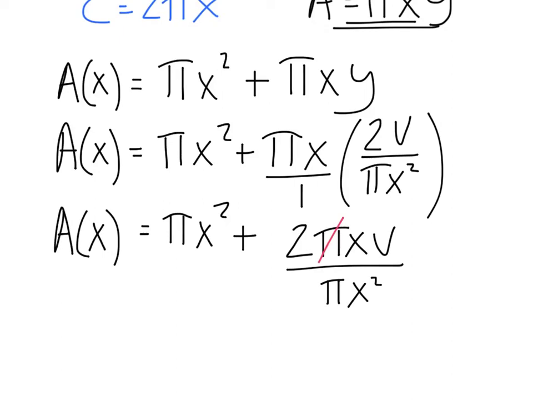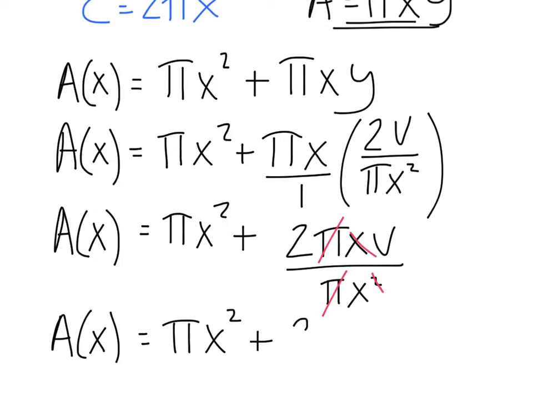We can then cancel pi with pi on the top and the bottom, and then one of the x's with the x on the top, which then leaves us with A of x equals pi x squared